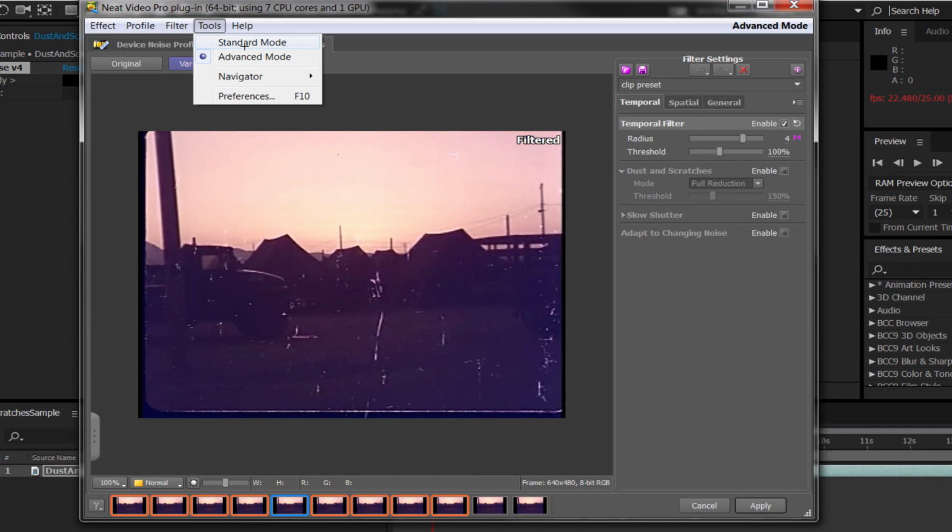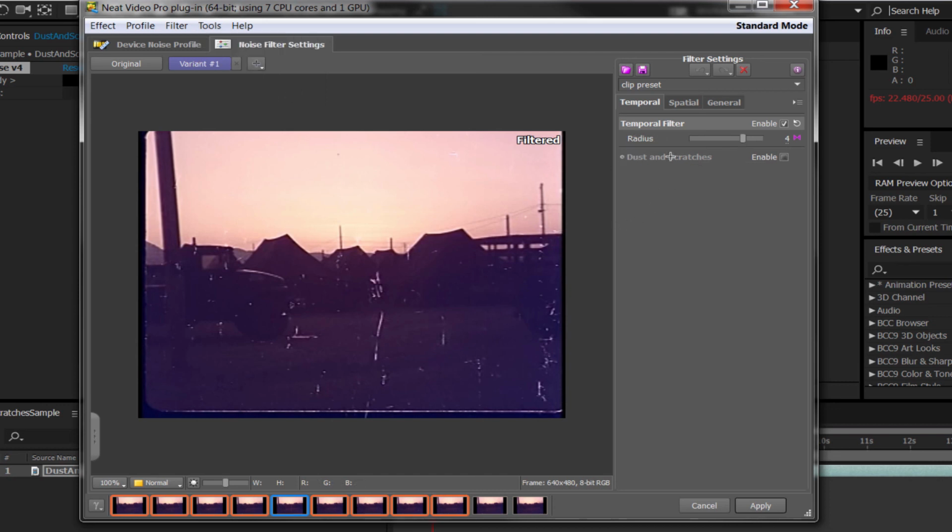If you're working inside the standard mode, you do still have dust and scratch issues over here, and you can enable them, but it is a blunt instrument. In other words, you have no fine control over it. But even so, you can see it's done a fantastic job. Most of the noise and scratch issues have been dealt with. There are still bits and pieces,